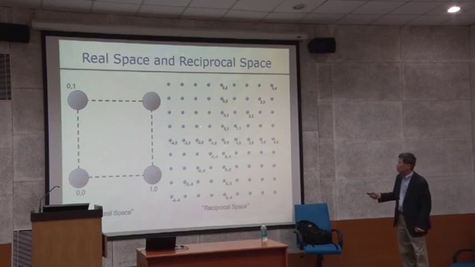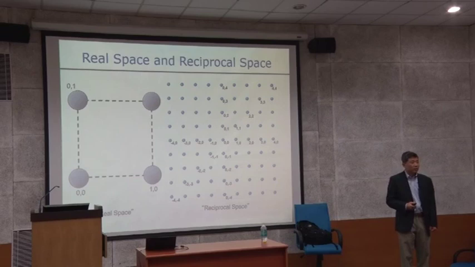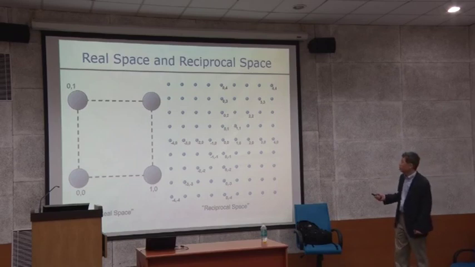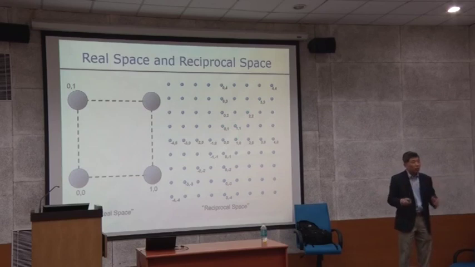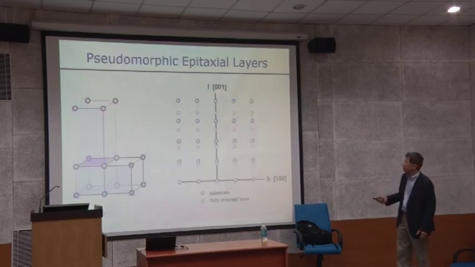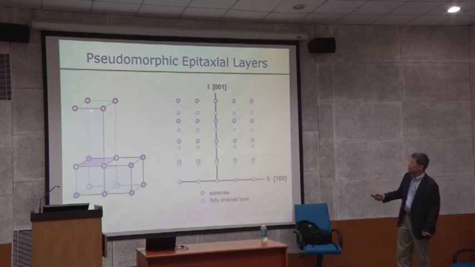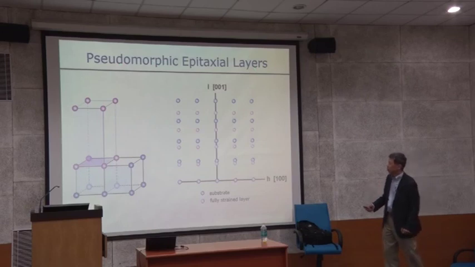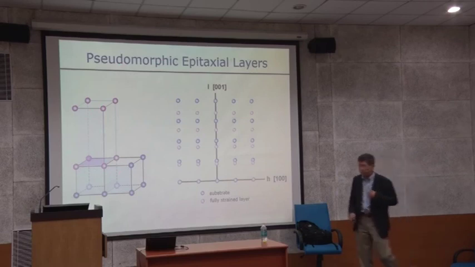What all these points correspond to are planes. This is not the actual atom position; they correspond to all the planes. So what that means is each of them is the 100 plane, 200 plane, 300 plane, and the 110 plane, 220 plane. These are all the corresponding planes. And the same thing here. Look at pseudo-cubic epitaxial layers when you grow this kind of structure. For example, this is barium titanate. Once you grow barium titanate,